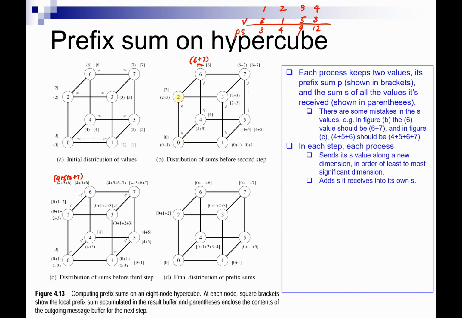Okay, so for example here, when 0 and 2 do an exchange, then 2 is going to send the sum of 2 and 3, the sum of 2's value and 3's value, right? And then 0 is going to send the sum of 0 and 1 over here. Yeah, so they don't send the values in the brackets. The bracket values are the prefix sum values, and they don't send those. Instead, they send the values in the parentheses, which are the sum values, the sum of all the values that